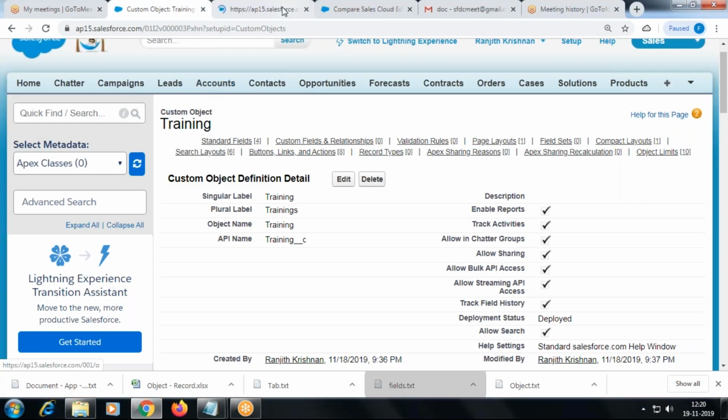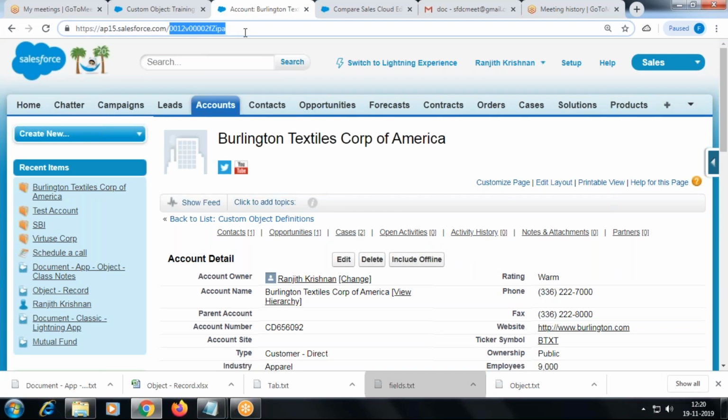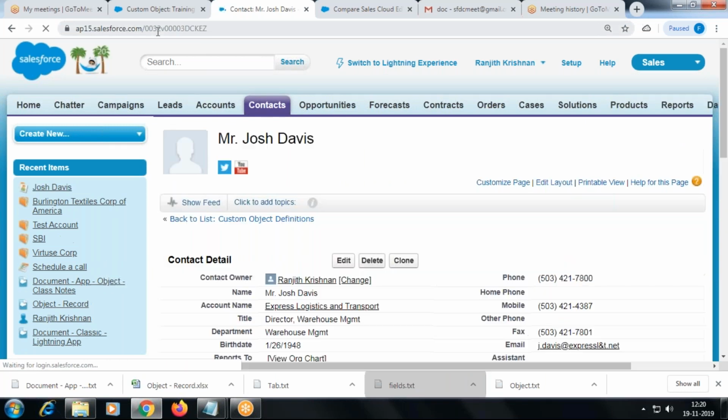We'll take a quick example. I go to Account. I'm seeing one record here, which shows only 15 digits. The first three digits are called the entity ID. So every row in this table is going to have the first three digits common. 001 is for Account. If you go to Contact, 003.